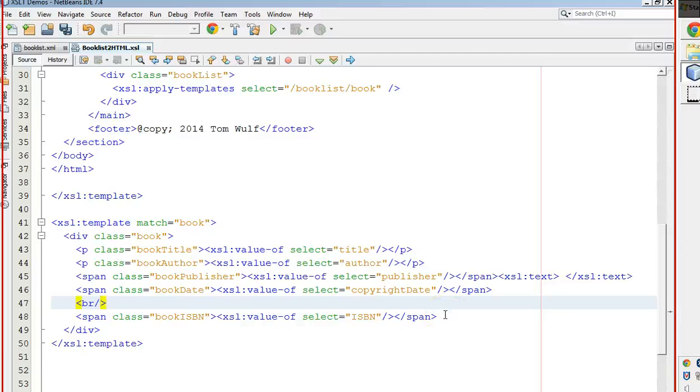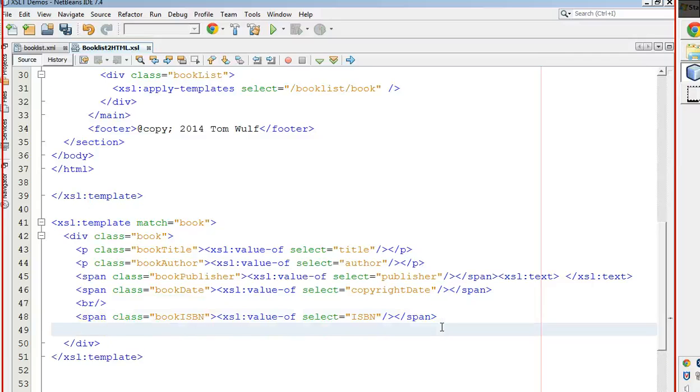Okay, let's go ahead now and add the price. I didn't have that in here originally, so that's going to be, what do you think? Should we do that as a span too? I think so. There's no reason really to make that a paragraph. So span class equals book price, and I don't have this in my style sheet, so I'll add that to the style sheet as well. Okay, and then I'll put the closing tag in, and then this is going to be